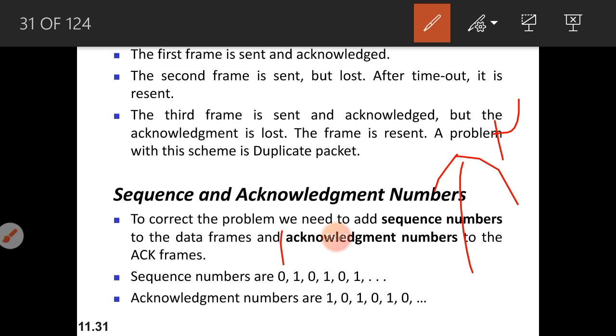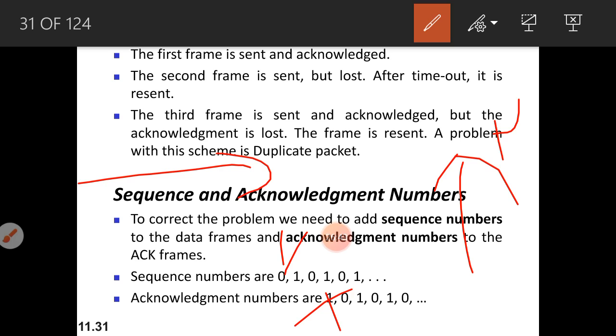Then it will send the acknowledgement to the sending node, with acknowledgement number 1, but it is lost in the middle. Then the sender will think that the receiver has received a corrupted frame or the frame has been lost in the middle. So it resends the same frame with the same sequence number.